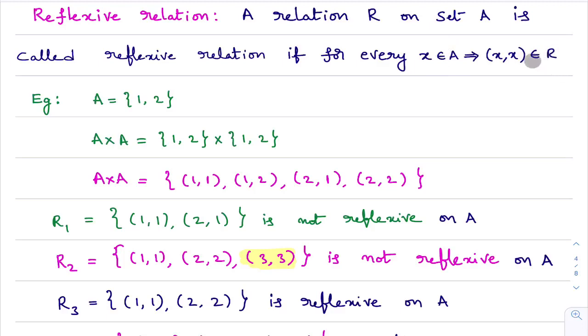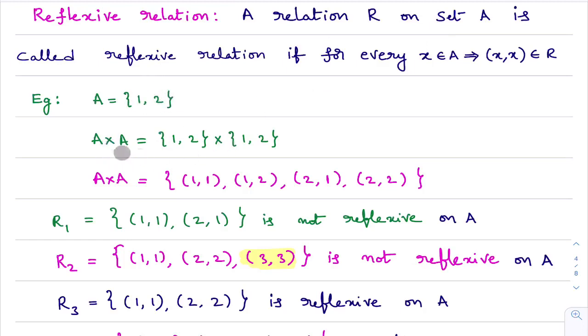I will explain this with an example. Try to understand these definitions. They are very important and a little confusing also. To avoid the confusion, these examples help you a lot. To do all the first exercise problems of relations and functions, you must be good in the reflexive, symmetric, transitive, and equivalence relation definitions. Okay. Here I considered a set A. Just as an example, I have taken set A as 1, 2.